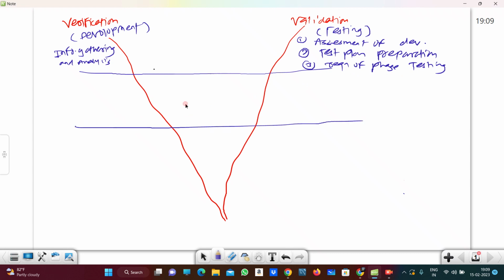And simultaneously in the second part we discuss design and coding in verification, and simultaneously we discuss here design test cases, then secondly we discuss program phase cases,